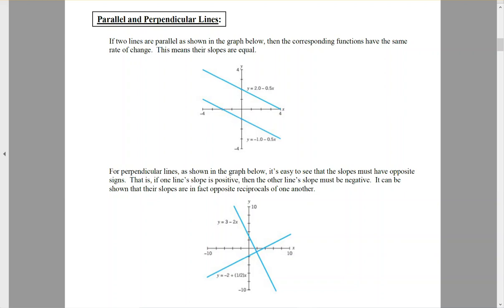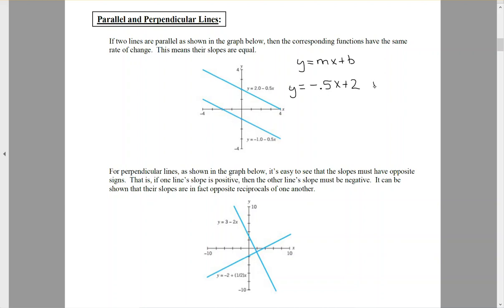Parallel lines are lines that have the same slope. So if we look at these two equations, all I'm going to do is rewrite them so that they fall into the form y equals mx plus b. And again, the number in front of x is the slope. So if I rewrite this first line, y equals negative 0.5x plus 2,